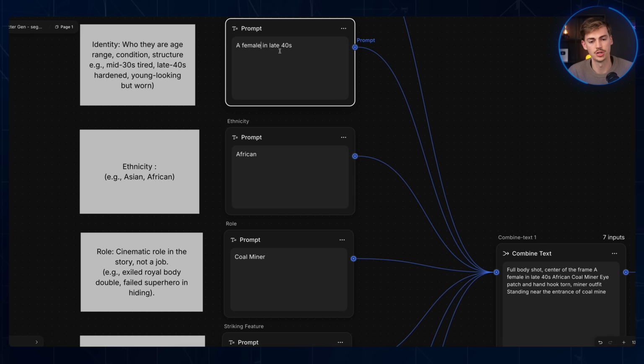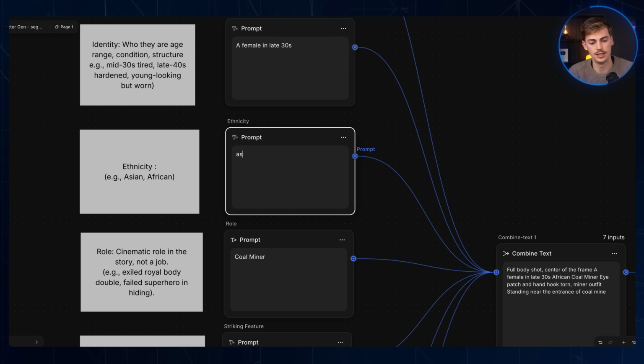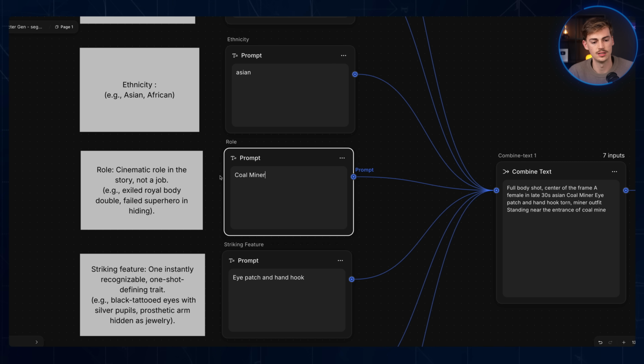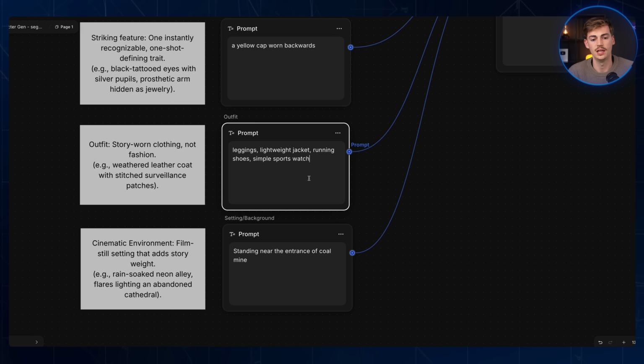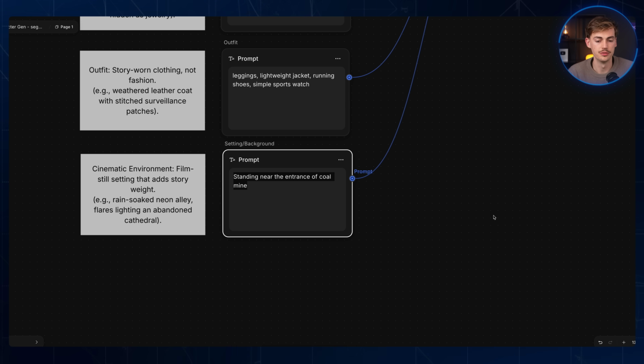It's pretty basic, but it looks really, really good. Okay, so to show you an example, we're gonna change the prompt to a female in her late 30s from Asian ethnicity. Then the role, or what she is: she's a long distance runner. Then we're gonna give her a striking feature, a yellow cap worn backwards. And for the outfit, she's wearing leggings, a lightweight jacket, running shoes, and a simple sports watch. And that's basically it. Now for the background, we're going with an empty riverside path cutting through the city at early